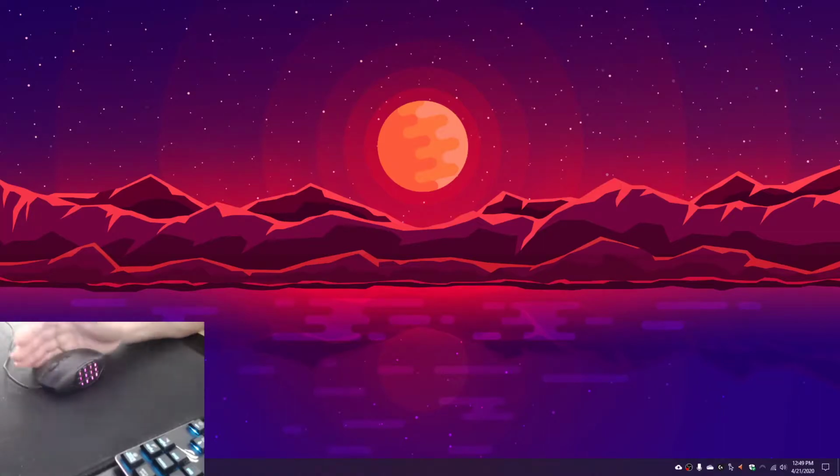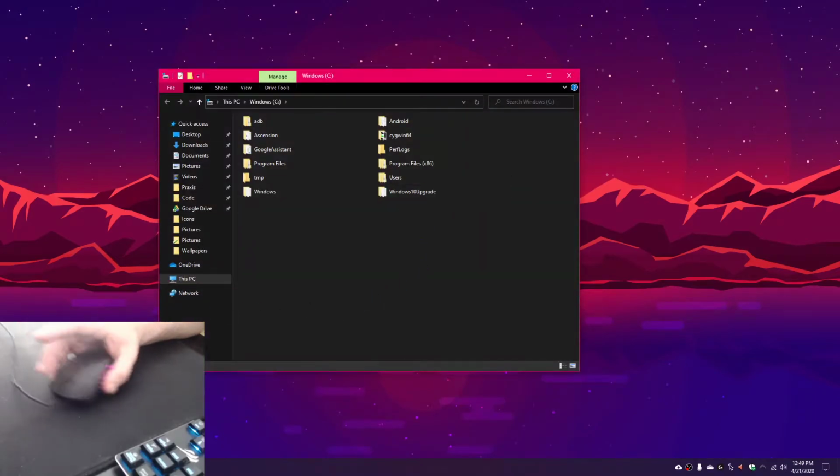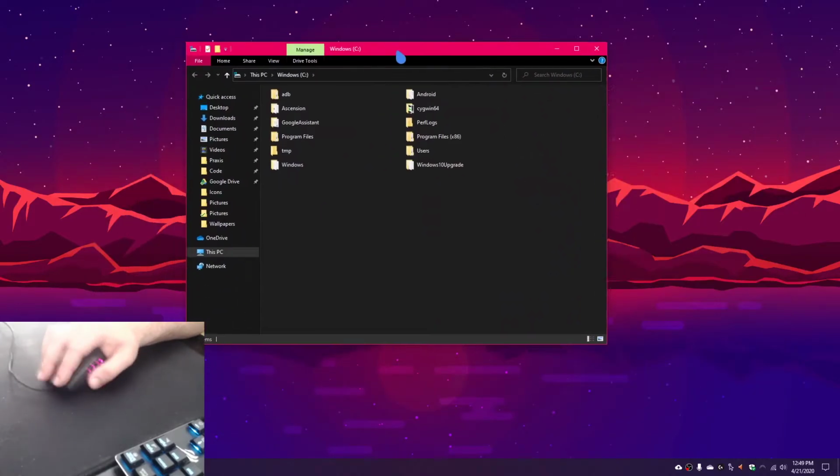Hey guys, I just want to show you some of the things that I could do with AutoHotKey in this mouse here. Everything that I'm going to be doing is using the mouse exclusively. So I can launch the start menu, I can open a folder. If I press and hold the right mouse button and then the left mouse button, it'll snap the cursor to the window title. So you can see here, I could just grab it just by doing that, just boom, grab it, snap it